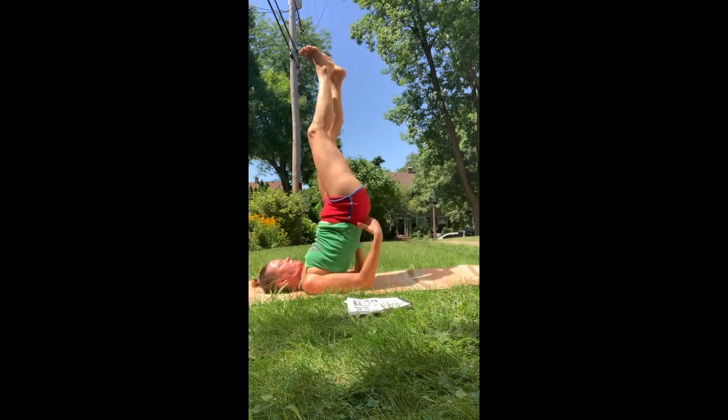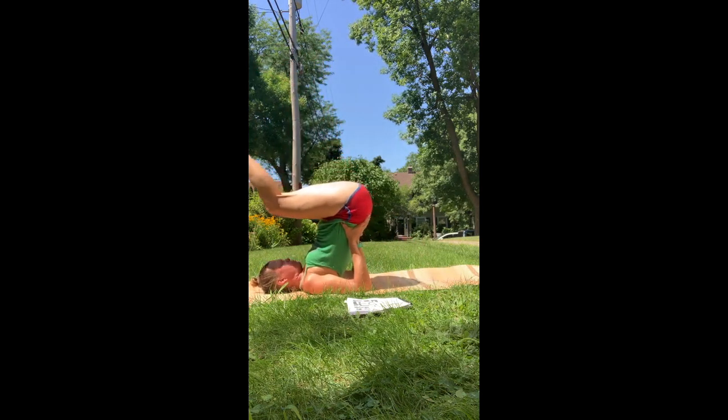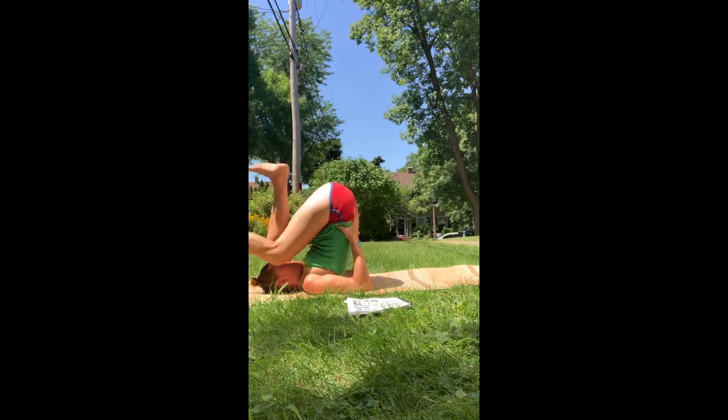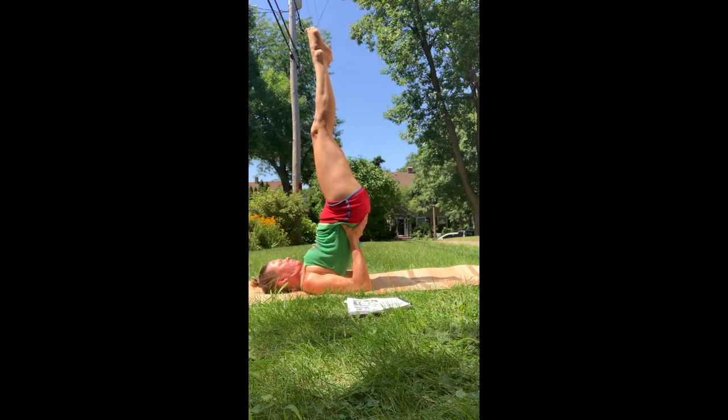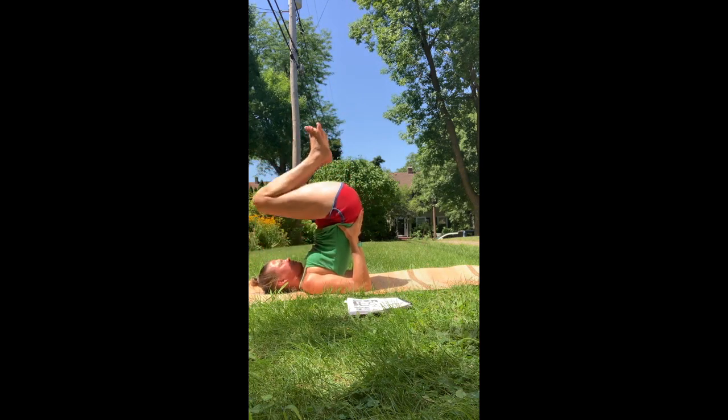The last exercise now is inhale, shoulder stand, exhale, plow. Try to go in between. Inhale, lift, exhale, down. I'm going to bend my knees because there's something under my back that's not flat and